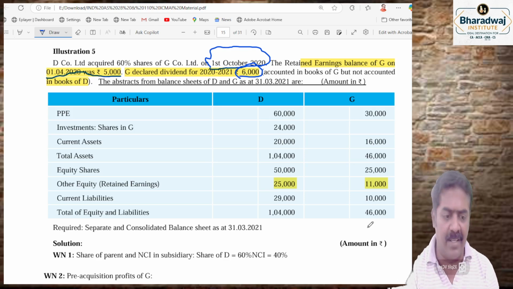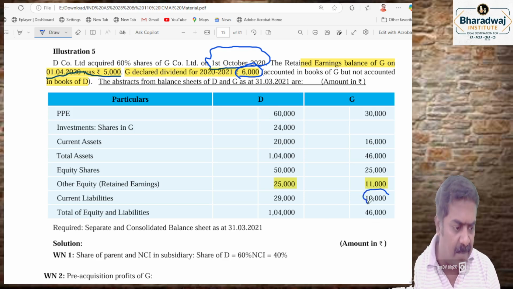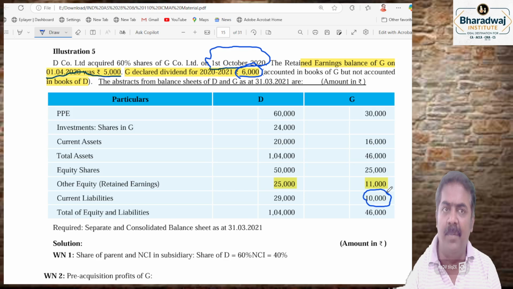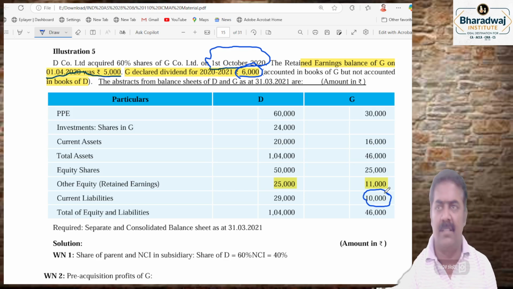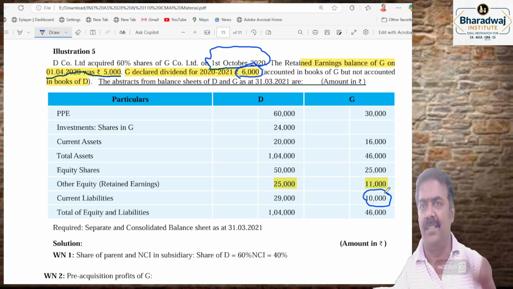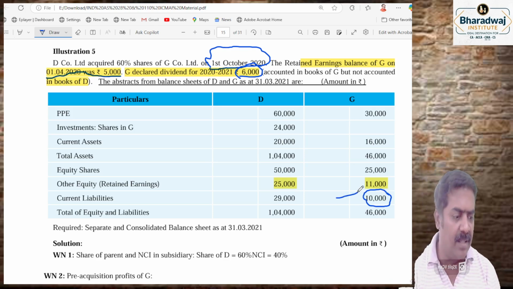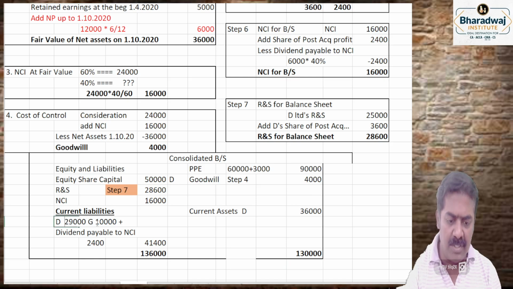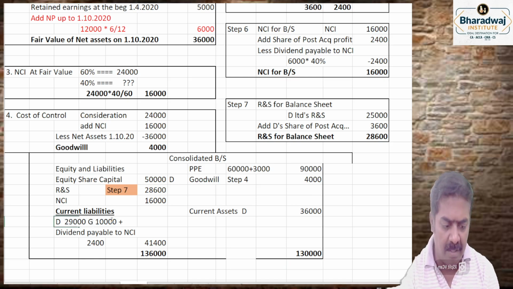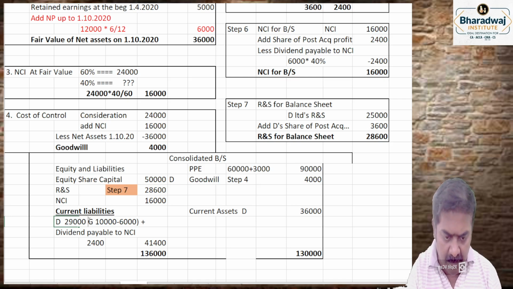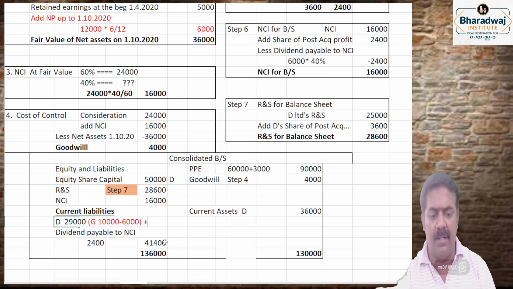That will be there in current liabilities of G Limited. I am G Limited, I am declaring dividend. What is the entry I would have passed? P&L account debit to dividend payable. The dividend payable would have been included in current liability. So in G's current liability, 10,000 minus 6,000. Please note dividend 6,000 would have been included in this. So it will become